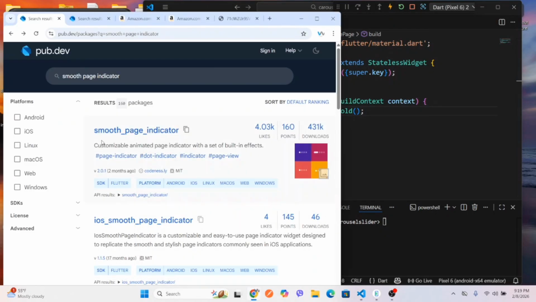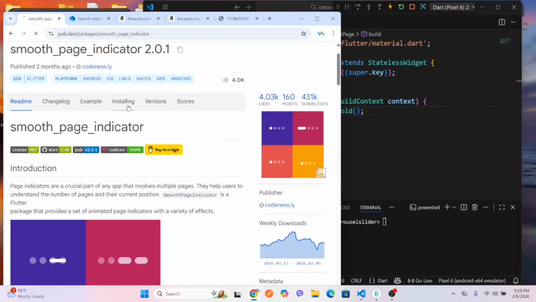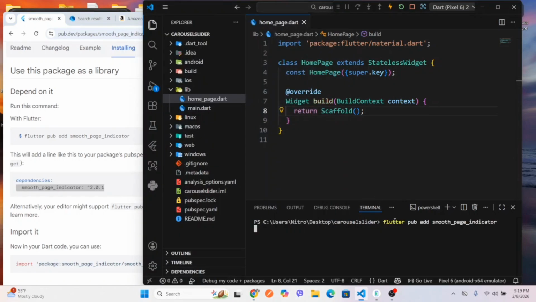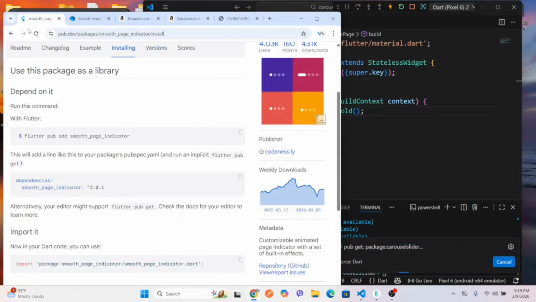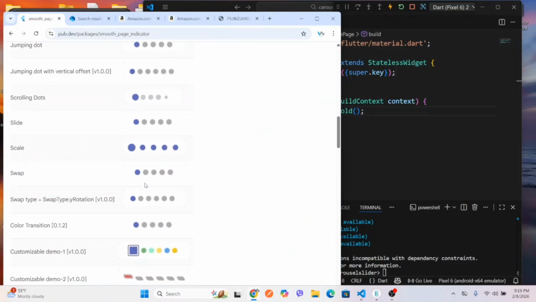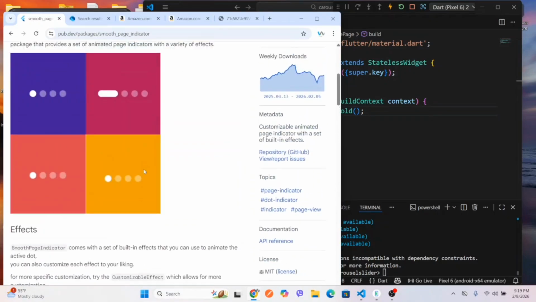open the browser and search for smooth page indicator. Click on this package in the pub.dev. Okay, and click on the install tab. Okay, now copy this command line, or you can just copy this and add it to the dependency in the pubspec.yaml file. I'm going to run this command in the terminal to add this package in our Flutter project. Okay, this package is for indicator. You can see the readme for these properties. Okay,